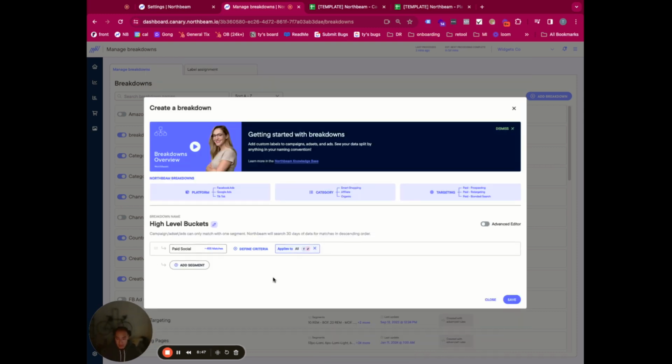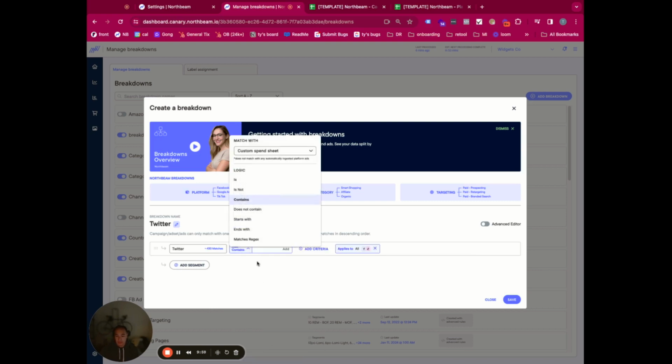Last example, let's just say I wanted to group together my Twitter revenue with my Twitter spend. That way I can see my formulaic metrics such as ROAS, CPA, or CAC in this case. We can use a breakdown for that. So let's just call this Twitter. As long as you're using the UTMs in our Twitter UTM guide, the revenue should be grouped as Twitter. So what you need to do is define criteria,